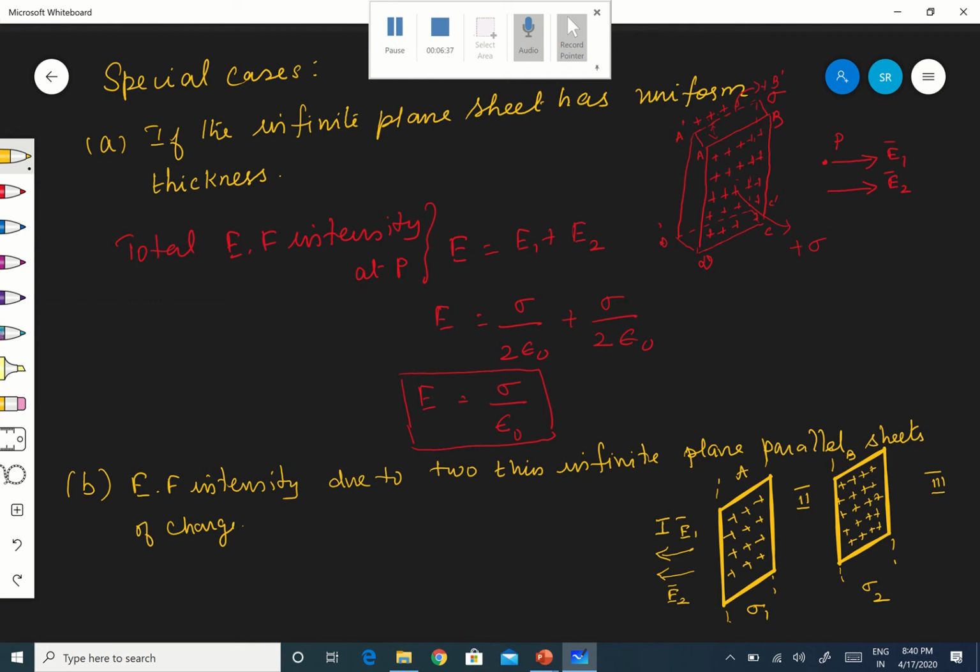And you come to region 2. In this second region, the electric field due to A will be towards the right, correct? Because to find the electric field intensity you have to keep a unit positive charge. The direction in which it moves is the direction of the electric field. If I keep a unit positive charge there, it will go away from A. So E1 is the electric field intensity due to A. But due to B, it will be repelled by B. Therefore E2 will be in this direction.